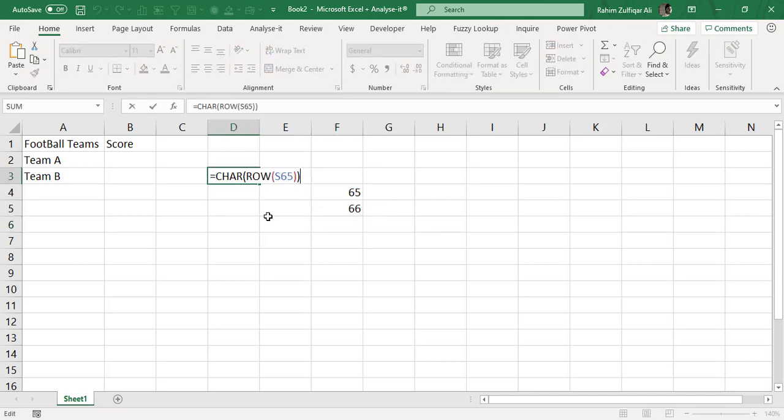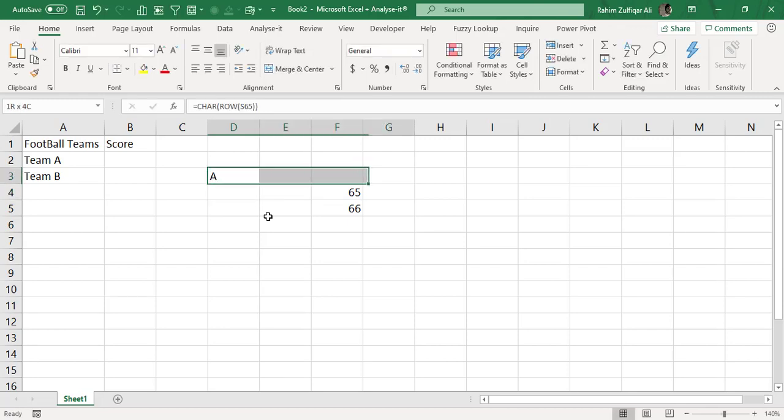So that's why the combination of character and row gives you that number, extracting that number, and then converting that 65 into a character, which is capital A. Okay, that's the logic. I hope you have understood that.